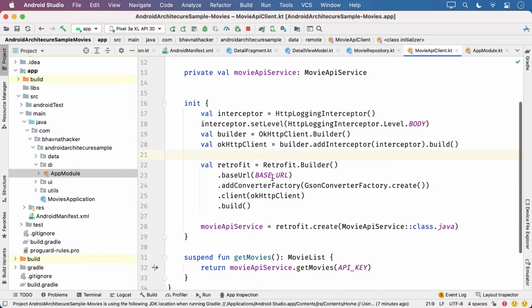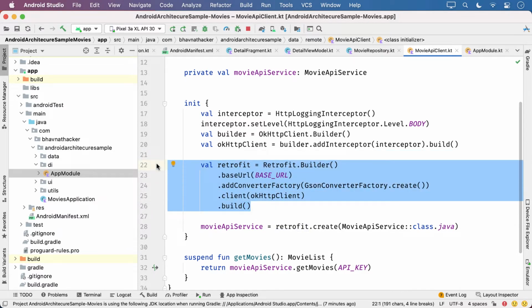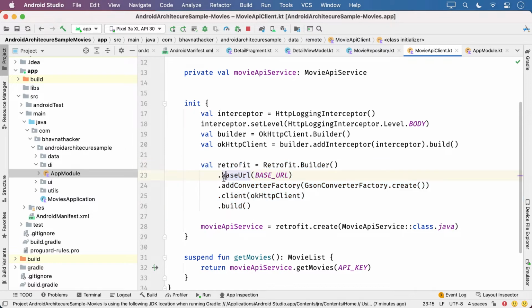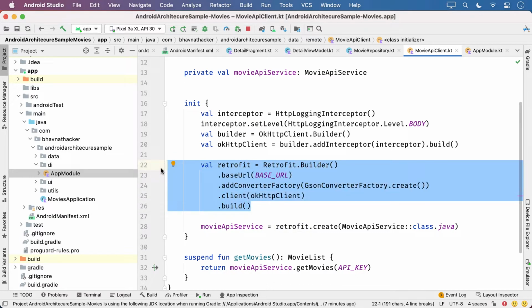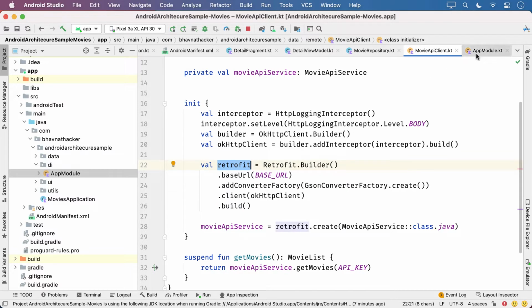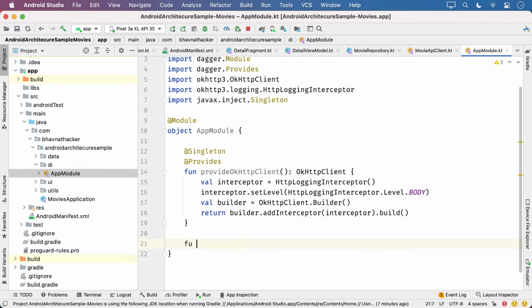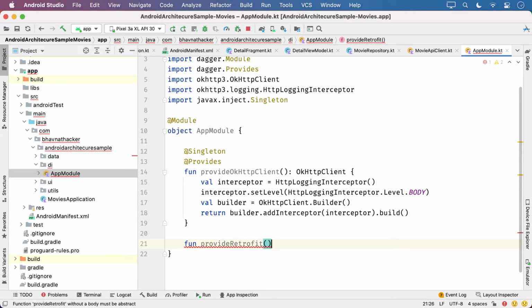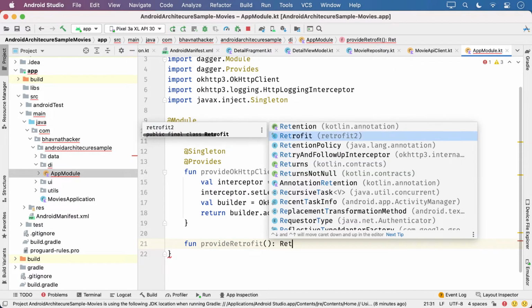Then now create a retrofit instance. Again we are going to move this block of code to AppModule. An activity or fragment is not going to need this. Basically your data layer will need this. So whenever you need a retrofit instance, you will provide it from AppModule. So provideRetrofit. Again the return type matters.